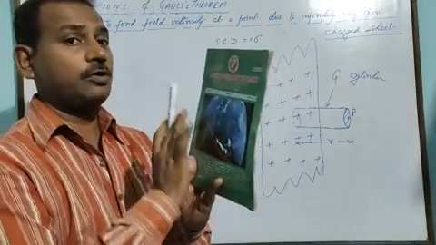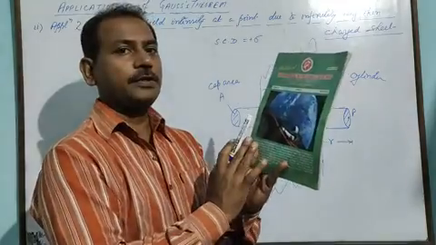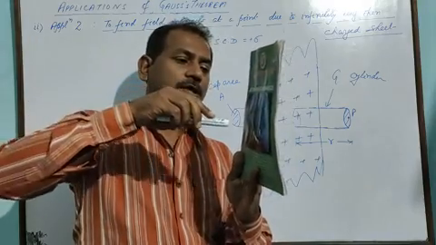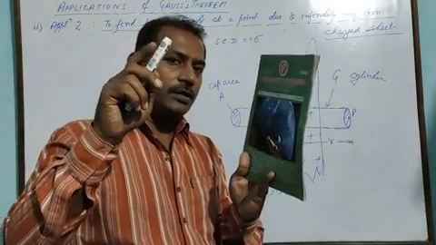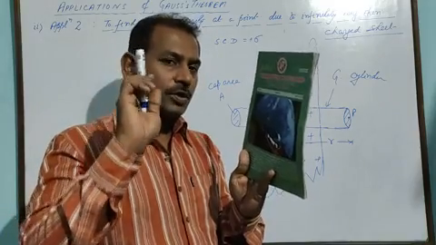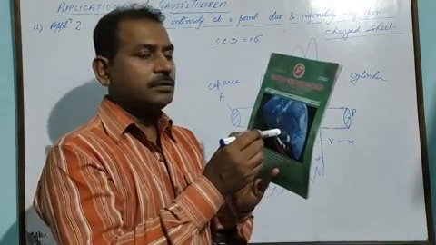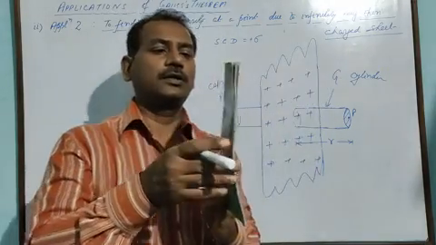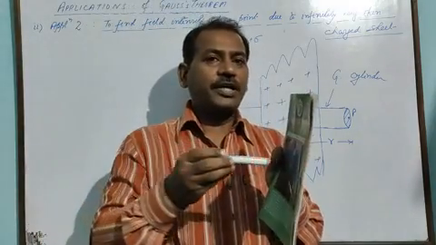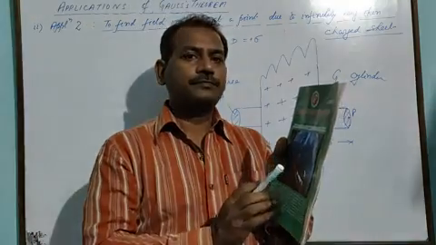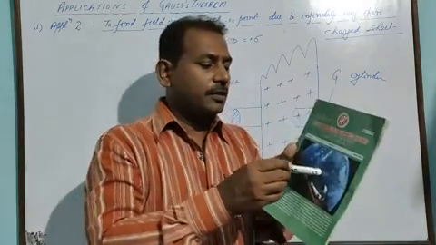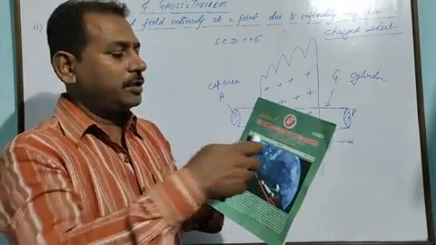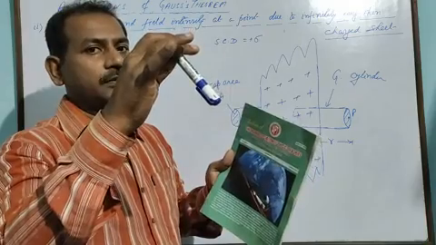So if you are taking the Gaussian surface, your charge is spread here. Whatever the area the Gaussian surface has, when it passes through the sheet, it will enclose only that charge which is present within the cylinder. The charge is spread throughout, so when it penetrates, the charge equal to its cap area will be enclosed in that Gaussian cylinder.